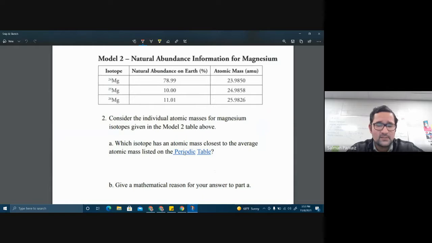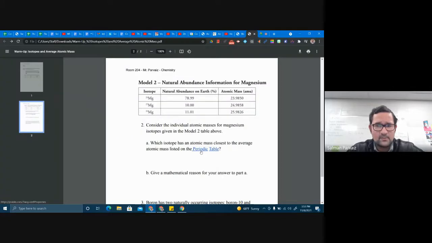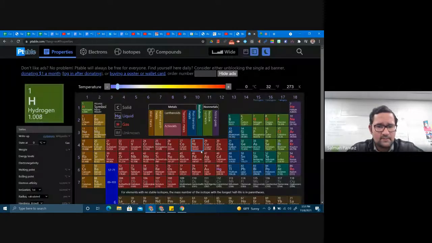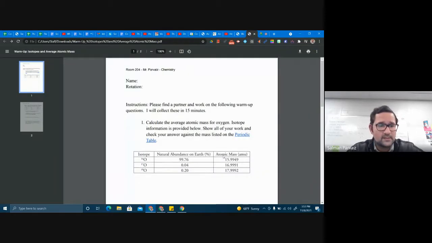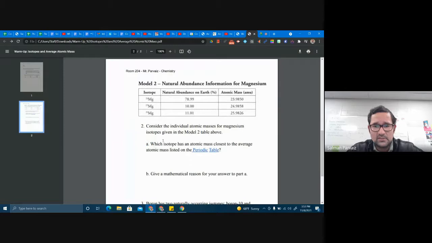So they ask you which isotope has an atomic mass closest to the average atomic mass listed on the periodic table. So you can take a look at the average atomic mass on the periodic table for magnesium, if you'd like to do so. But if you click here, you're going to find magnesium. Magnesium's average atomic mass is 24.305. So you can do it that way, but the other way you can do it is simply by looking at the percentages, and you can say, well,